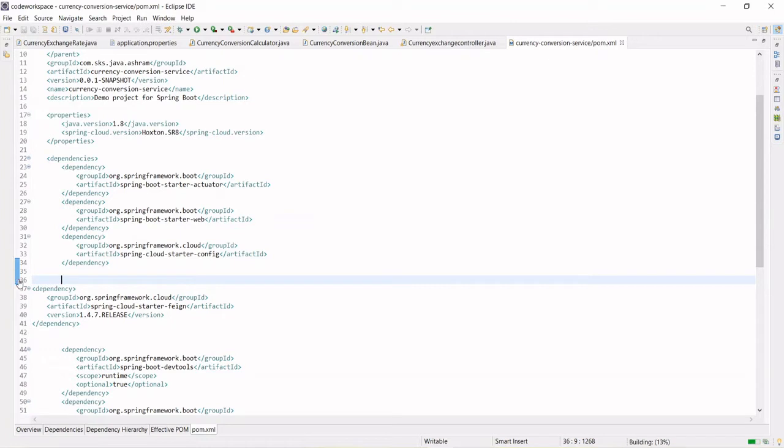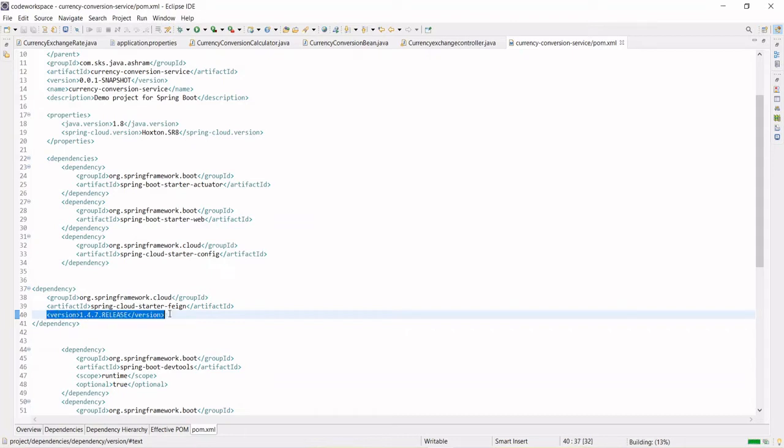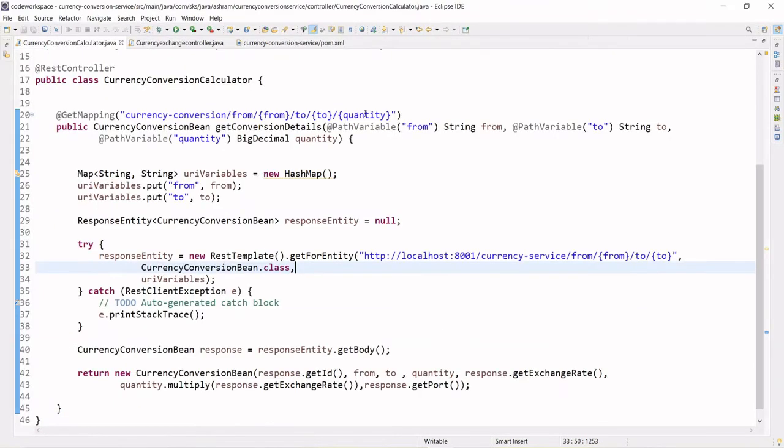Still the error is coming. No, it's removed. So this is supporting the version 1.4.7 release. Sometimes if the default does not work out, we have just added one extra thing, this release. See, the building is happening, and the jars related to the Feign client are getting downloaded. This is getting downloaded for the first time, so it will take a while. Let's wait for some time. Yes, the dependency has now downloaded completely.